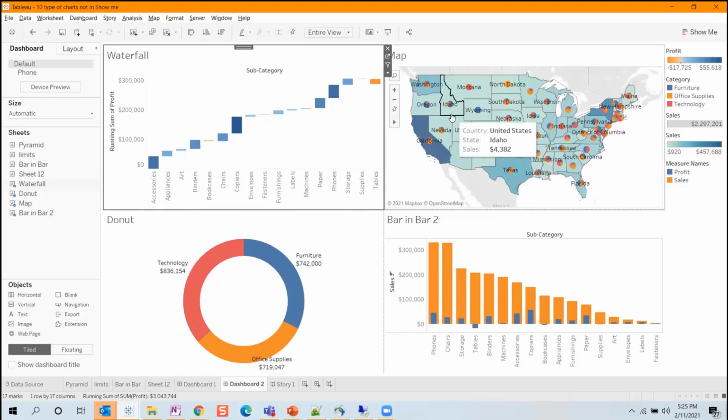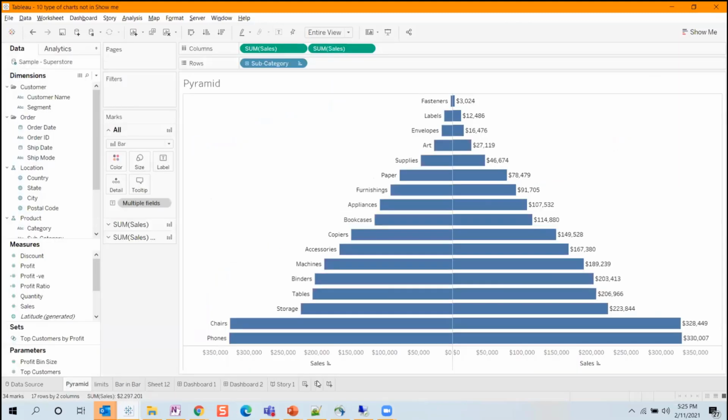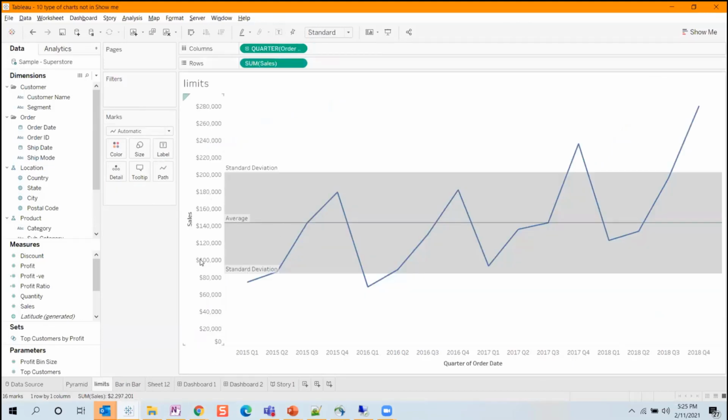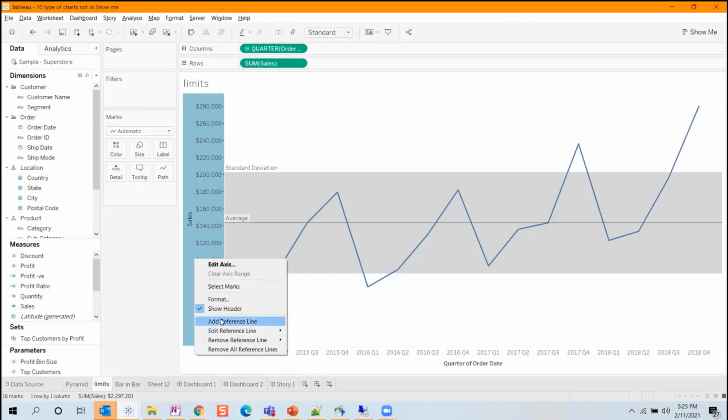So that's an example over here. And this is how you would create a geo map where you can have another pie chart within every single state directly in it. You can create what is called a pyramid chart. You can have certain limits. Reference lines come in really handy within Tableau. So you can create a reference line. If I go to